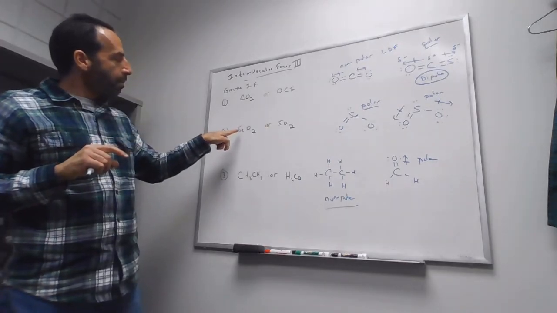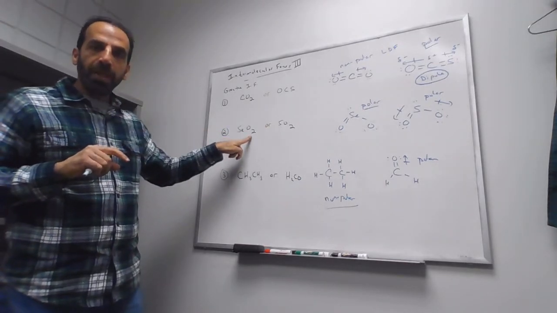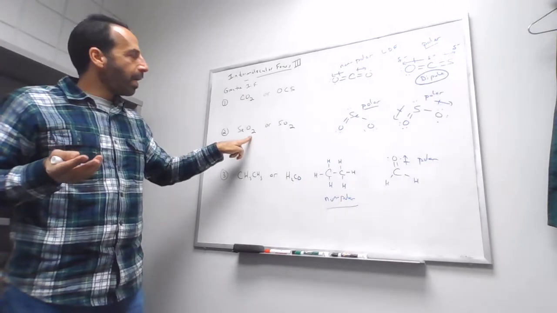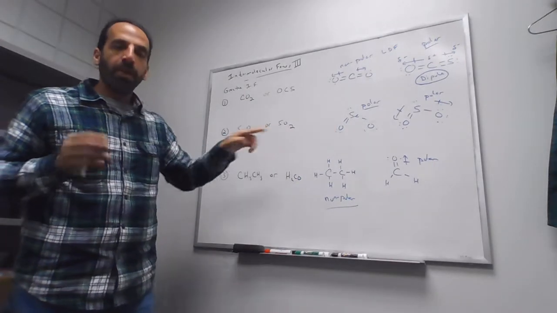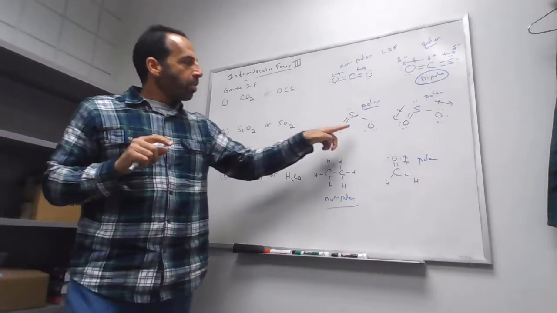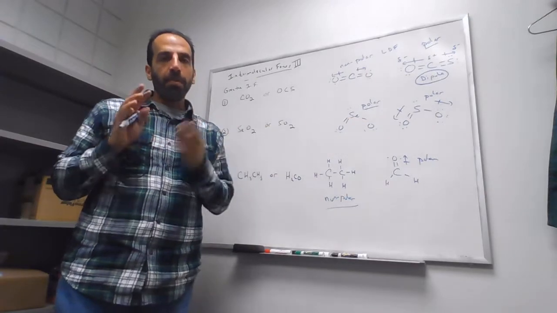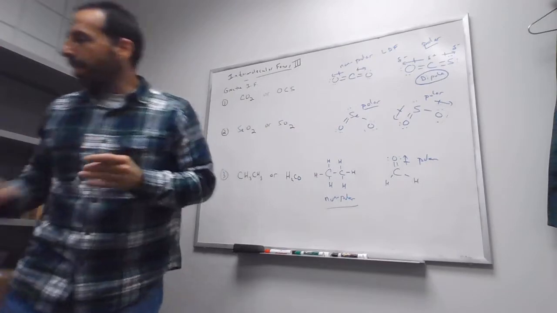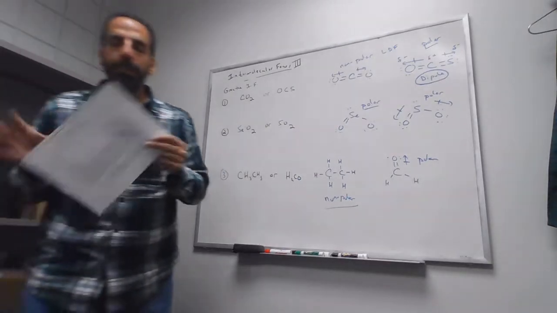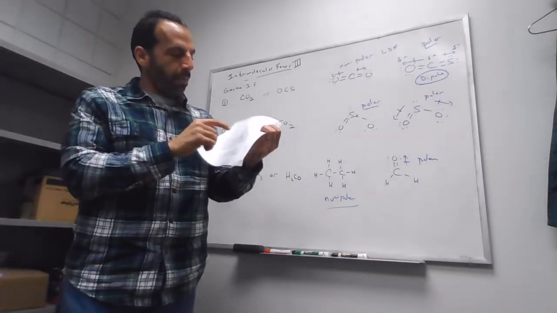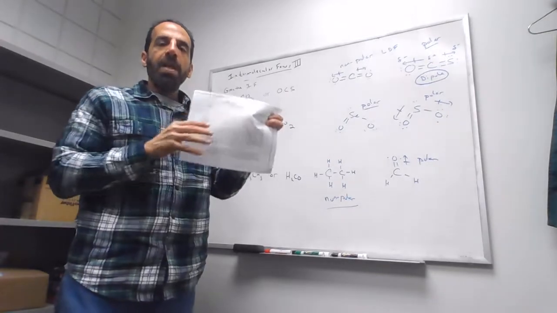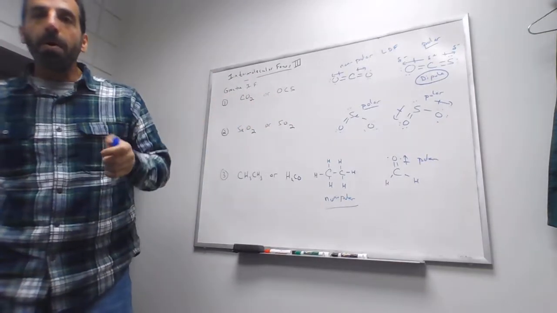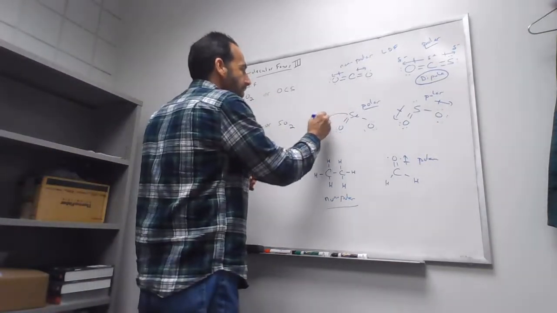This one is SeO2, selenium dioxide, or sulfur dioxide. So their Lewis structures are both similar, and they're both polar. Now, what's going to break the tie is, if I look at your periodic table, selenium is below sulfur. Selenium is bigger. It has a higher molar mass. So selenium is what they say more